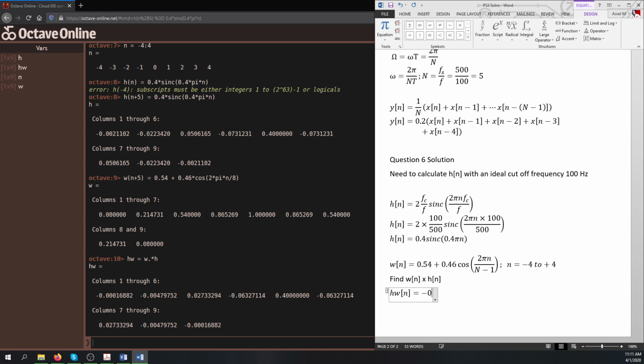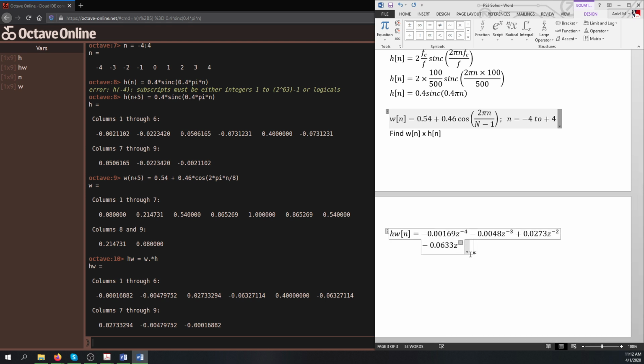So it'll be minus 0.00169, because I'm rounding off, of z to the -4, minus 0.0048 of z to the -3, plus 0.0273 z to the -2, minus 0.0633, and this skips to the next page, z to the -1, plus 0.4,